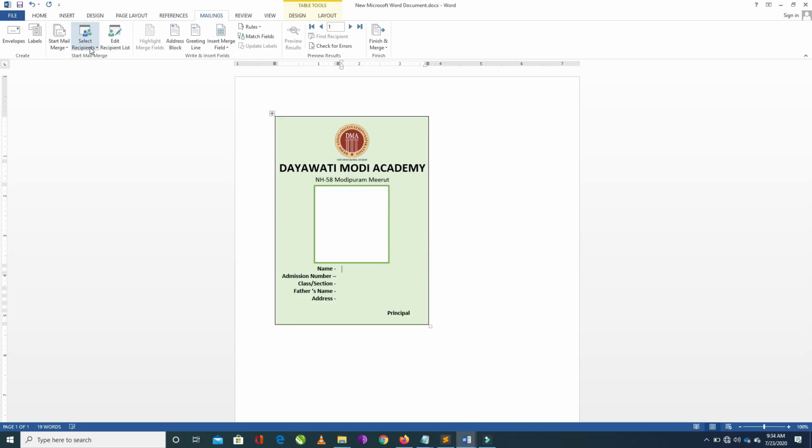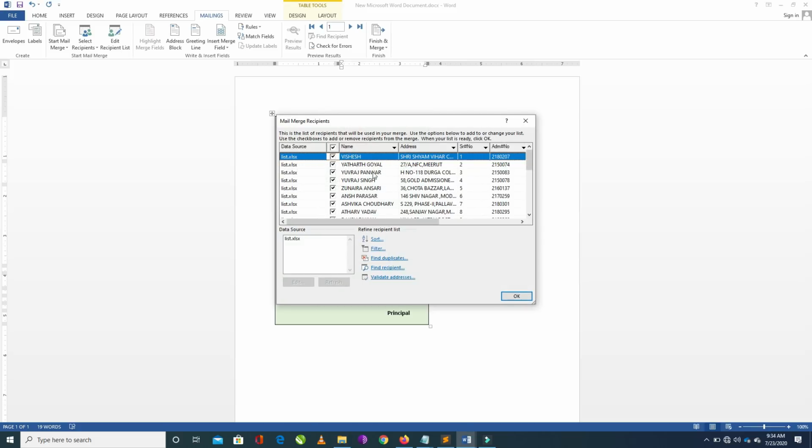Okay, I have already attached that list in the Word. To check what we have added, go to edit recipient list. All the data from that Excel worksheet is attached in this Word file in the recipient list. So this is the recipient list.